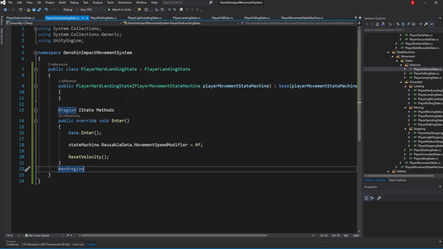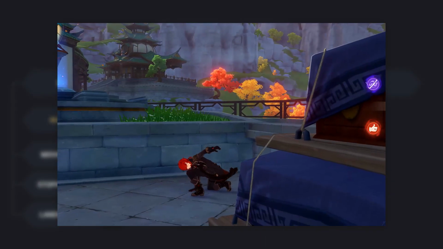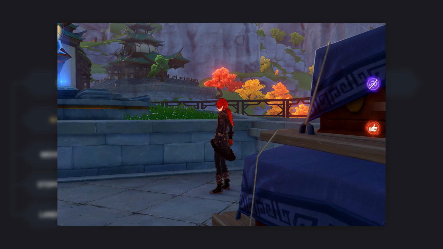That's most of the necessary logic for our hard landing state, and the only remaining logic is regarding the transitions to other states. Because only the falling state will transition to the hard landing state, we'll do that transition after we also add the rolling state. Regarding transitions to other states, if we take a look at our movement system states, we'll be able to transition to idling, running, and dashing. Whenever the hard landing state reaches its final frame, the player will transition to the idling state.